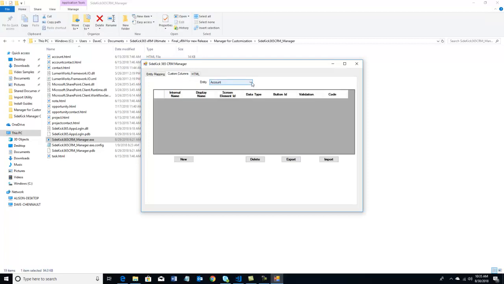And if you click here, you'll see that we can add new custom columns into any of the main modules in the system. In this case, we're going to go ahead and create two new columns in account. And the other cool thing to notice here is we can actually export these off. So if you were wanting to make, let's say, some kind of version for a very specialized industry, and you want to work out an arrangement for us to resell this tool, you could go ahead and make customizations and